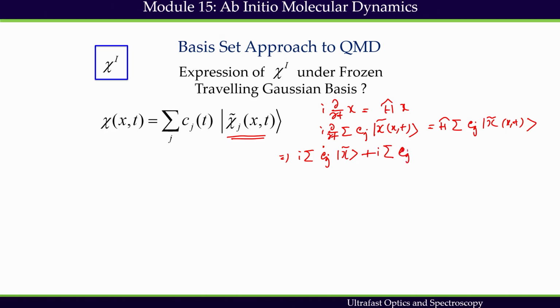This is going to be cj and the first derivative of this one, equals now the summation of cj then h then nuclear basis set, this one,